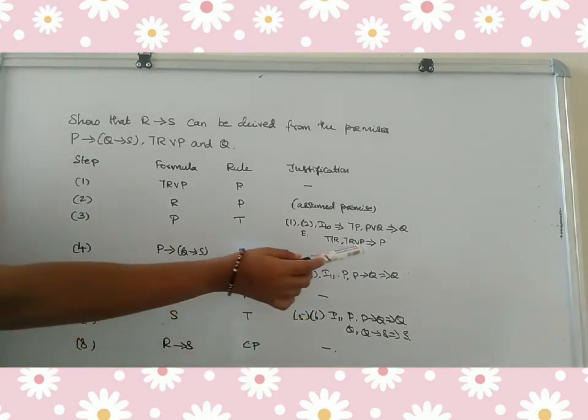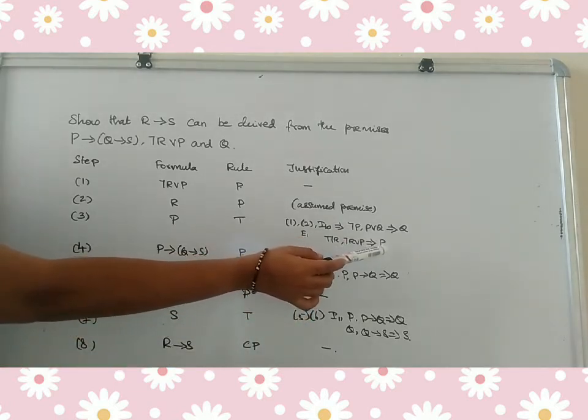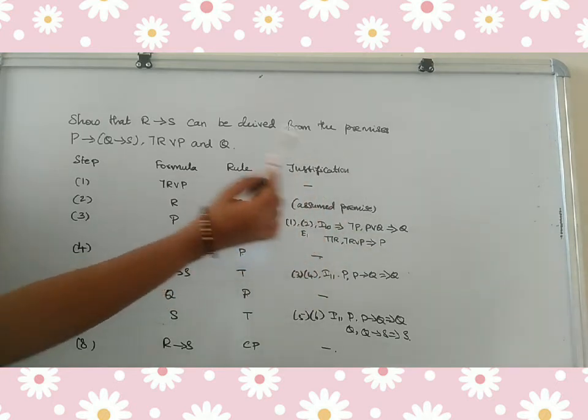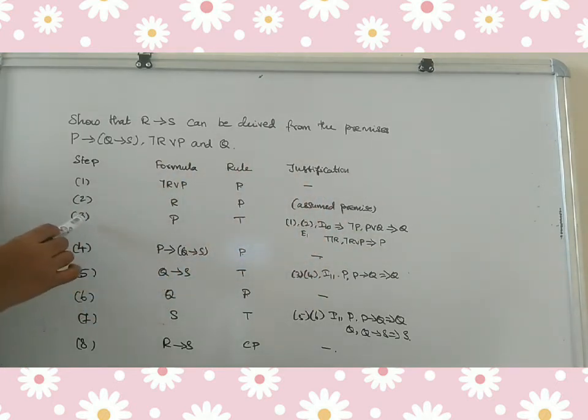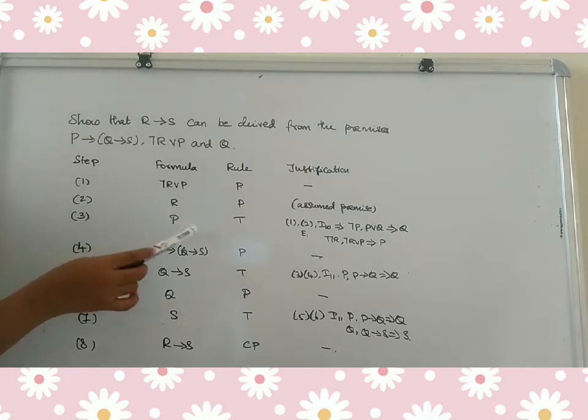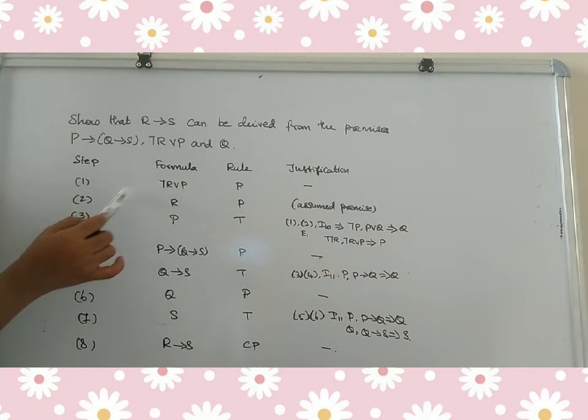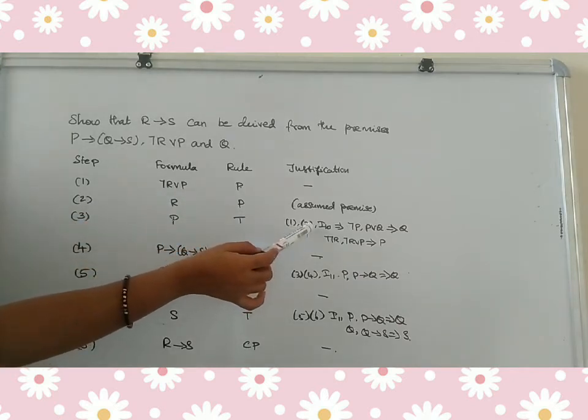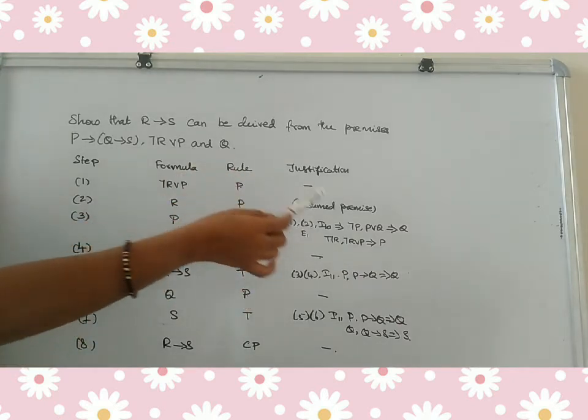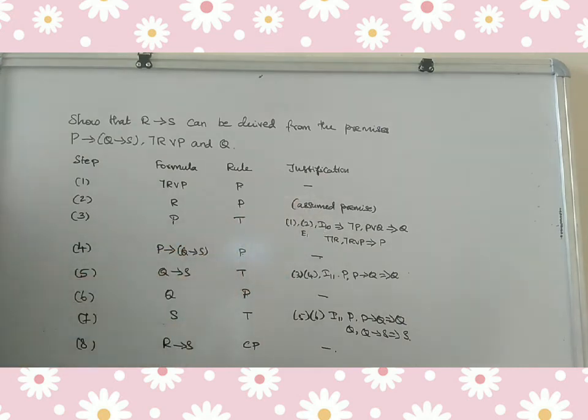So the thing I have written here, I can substitute this P here. That's why here I am writing P. How have I derived this P? Based on steps 1 and 2, and based on the inference I10. That's why I have written it in the justification. Next, I am going to introduce one more premise here. I am introducing this premise based on the rule P.